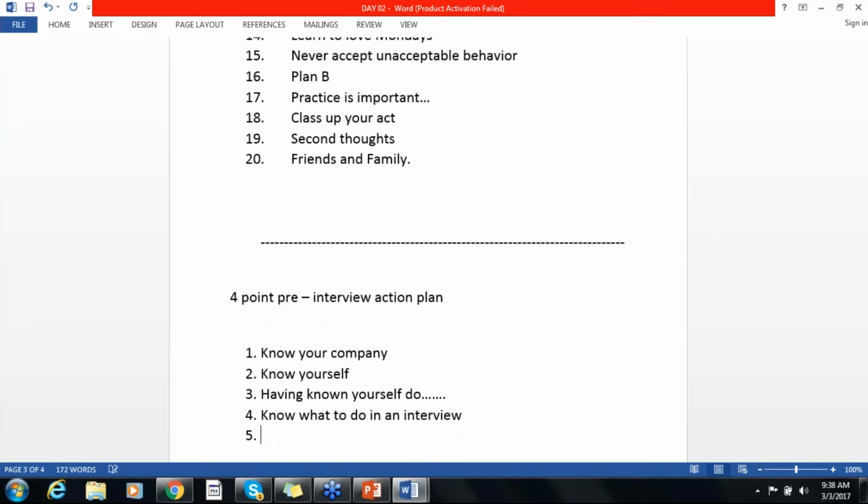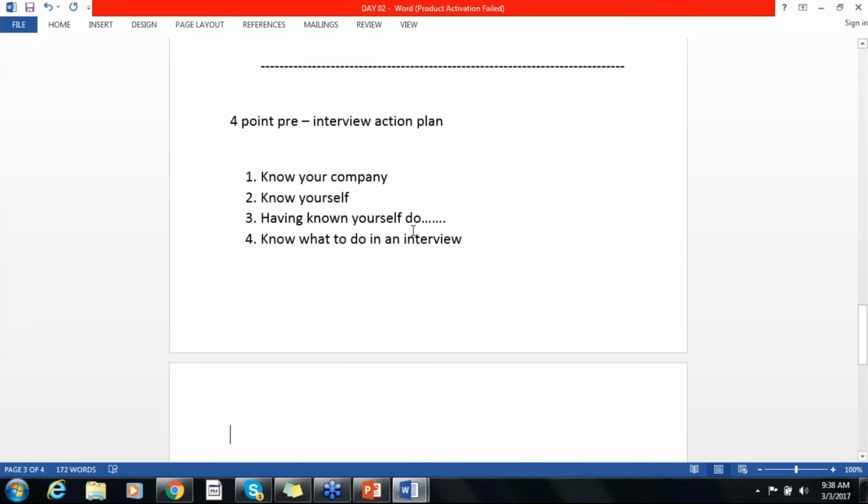Now, this 4-point pre-interview action plan. Whenever I go for an interview, there are two types, telephonic and face-to-face. These rules apply anywhere. So know your company, know yourself. Having known yourself, do so and so. We're going to share the list out here, and know what to do in an interview. Now, know your company